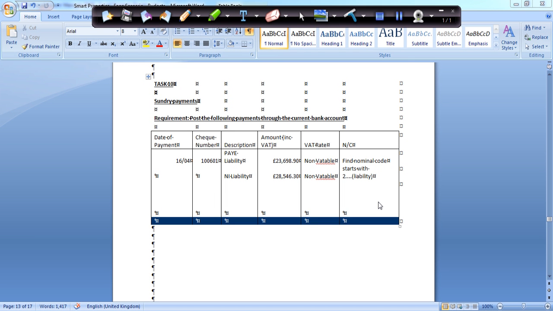Task 10. Okay, what we're going to be doing here is paying our payroll taxes. So we have our cheque reference here that needs to be entered. Again, this is going to be a payment through the bank account, but this doesn't relate to the supplier ledger, so it's just going to be a direct payment, but we will need to allocate it to the correct